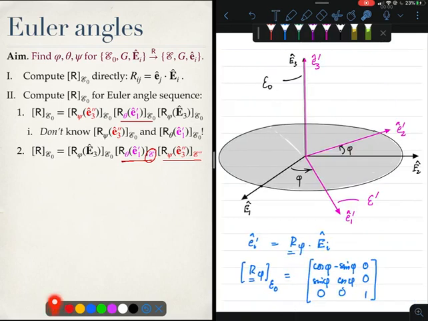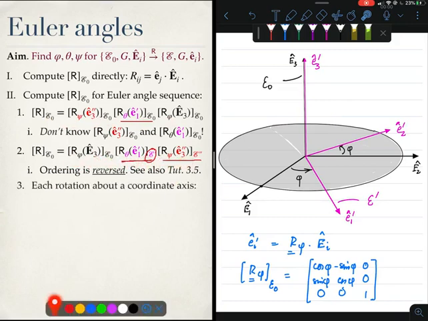The nice thing about this formula as opposed to that formula is that on the right hand side, each one of these rotation tensors is easily known. Each one of them is a 2D rotation. The important thing to remember is, look, in this formula it is R psi, R theta, R phi, but over here the ordering is reversed. That's a very common thing in Euler angle rotations. Every time the sequence of rotation tensors is reversed when evaluating their matrices.